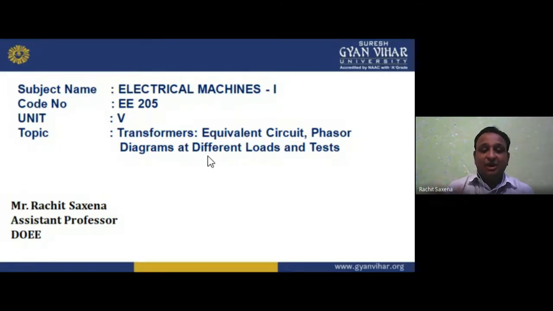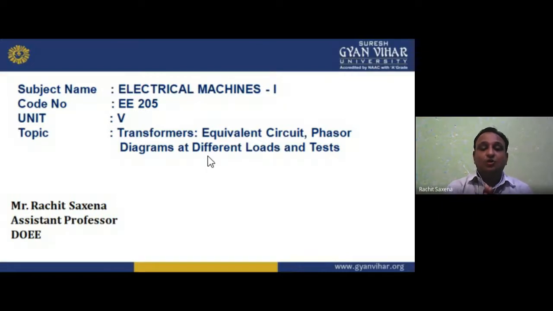Then we have Faraday's law of electromagnetic induction, meaning wherever there is a change in flux, EMF will be induced, known as induced EMF. If the circuit is closed, it is known as induced current. Similar to that, the second statement is that the magnitude of induced EMF is always proportional to the flux linkage variations.